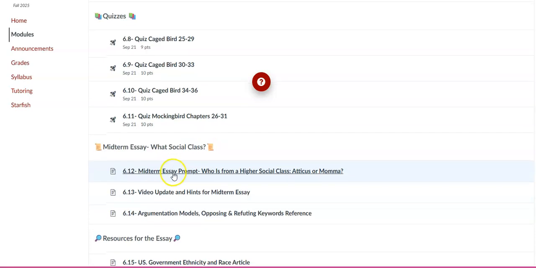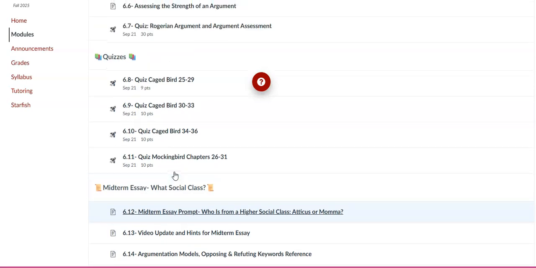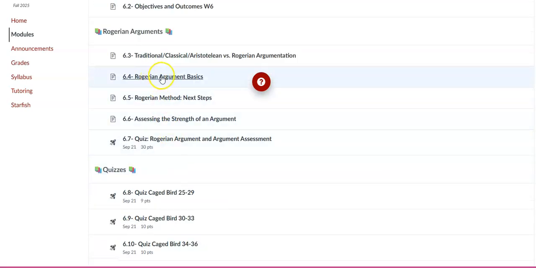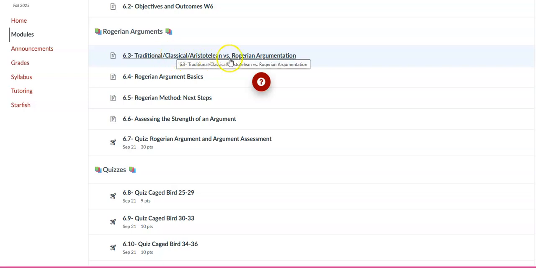Okay, good. I just want to make sure that you know your essay is going to be a classical argumentation essay, or Aristotelian. And here, we're not going to write Rogerian arguments. You can do that maybe in a higher level course. I don't write them. I usually stick to the classical and traditional, and I have a master's in English. So I really want to give you guys the practice with practicality, the things that you'll probably use the most. So again, we're using classical versus Rogerian. Rogerian, I want you to know about it,